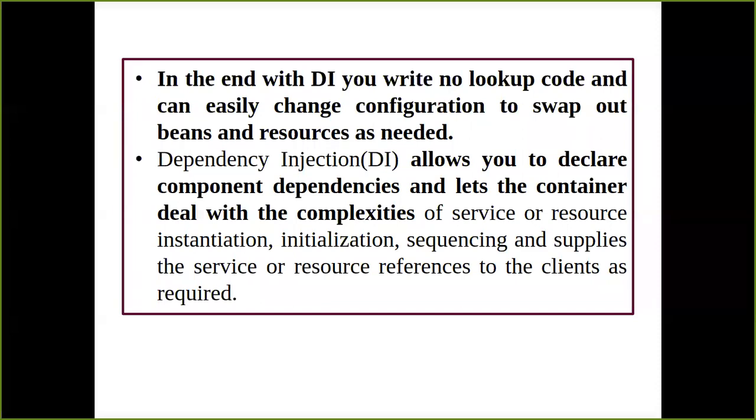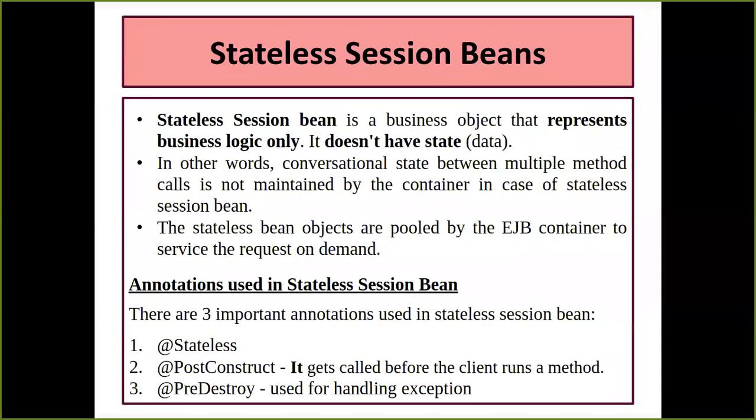So the very first disadvantage it removes: once you add dependency injection in your application while creating it, it will not make you write the lookup code, the JNDI code. It is also going to reduce the complexity and handle the interdependency of the components. The container itself is going to deal with the complexity. Now it is no longer part of the developer's job. I hope you have understood these two concepts, annotations and dependency injection.